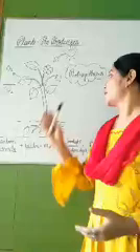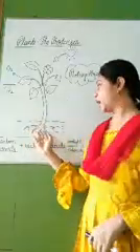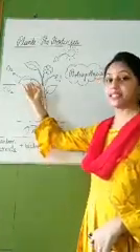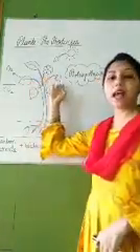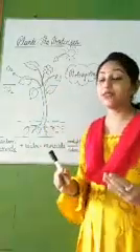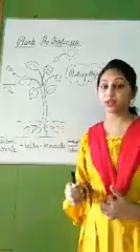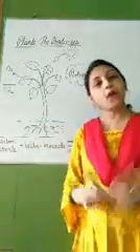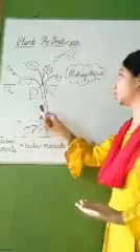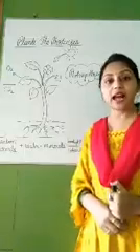So here we will see, this is a diagram of a plant. You can see the roots, the stem, branches, leaves, flowers and fruits. Now what is the role of leaf in the plants? That I already explained to you. The leaves help in preparation of food. How do they prepare the food? The preparation of food in the leaves is called